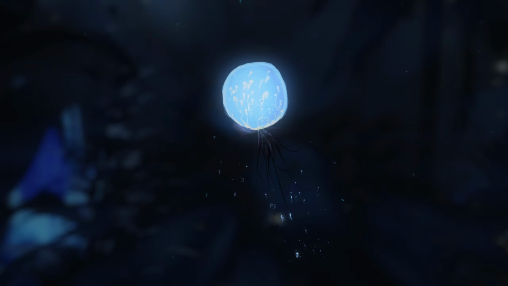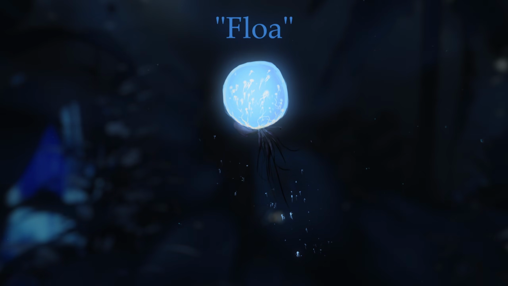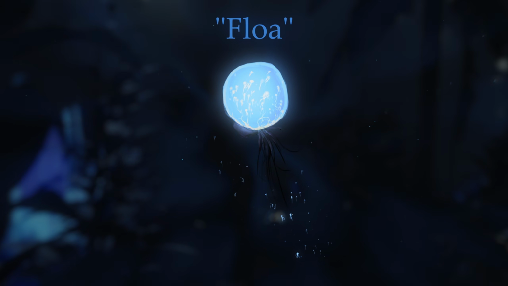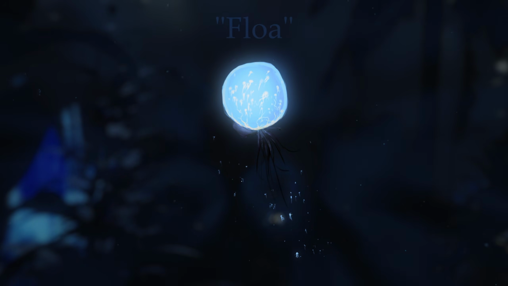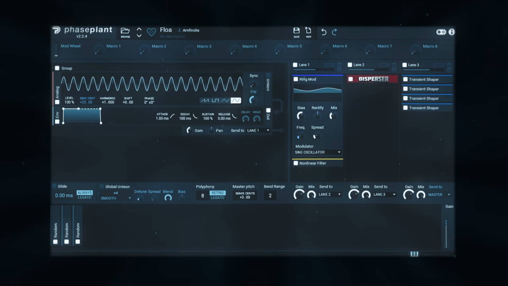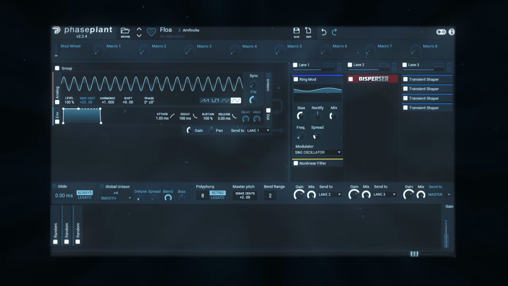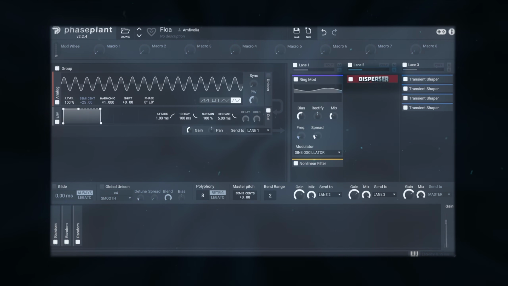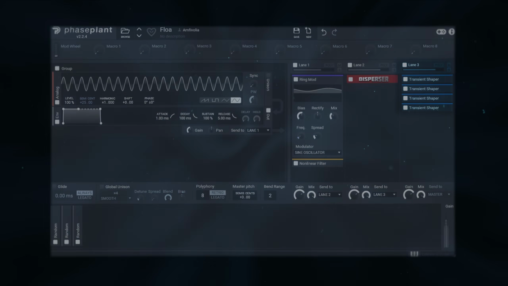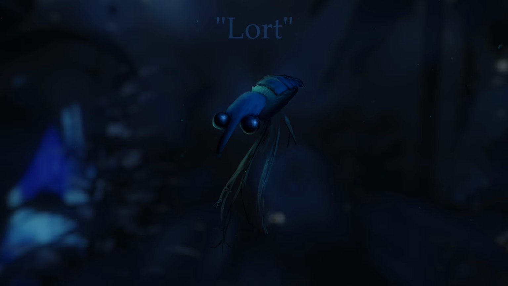The floa is one of my favorite designs. It's a floating plant that drops seeds as it floats around, making high-pitched sounds as it vibrates to disperse them. The sound consists of pitch modulation for the vibration speed, ring modulation for a little more harmonic character, frequency dispersion, and transient shaping. The lort is a bug-like creature that generates